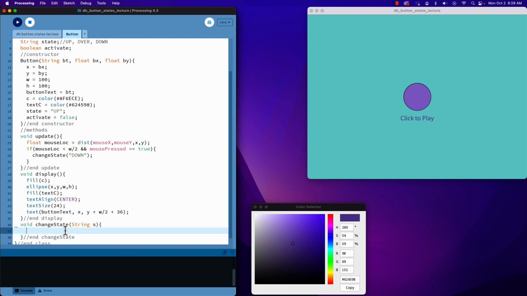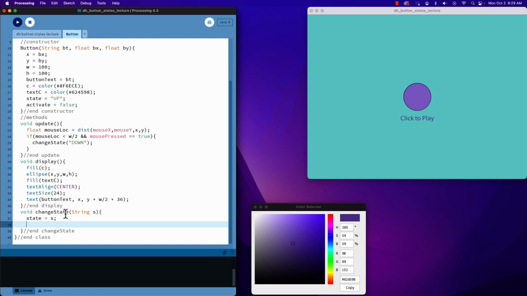And then we can work with that. So then we can just simply go state is equal to s here. So now we're going to work on changing that state. In our state here, we'll just simply say if state equals double equal sign up,